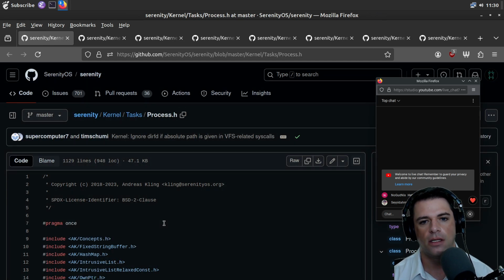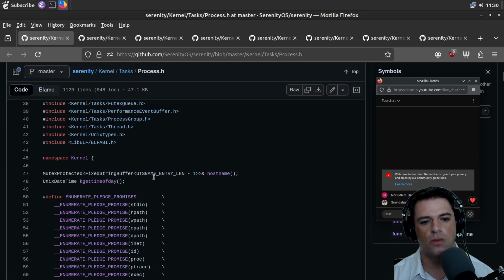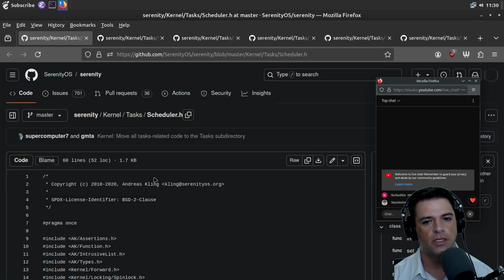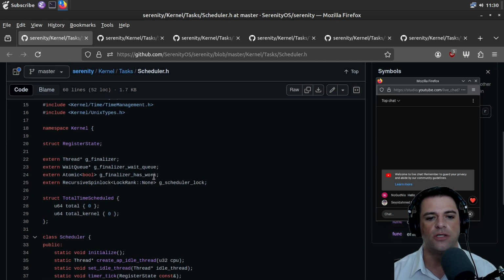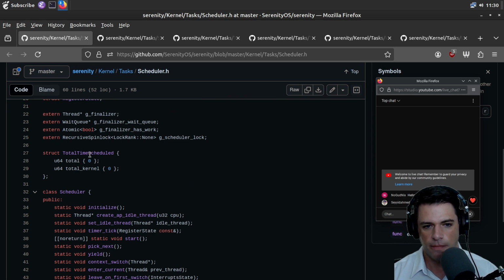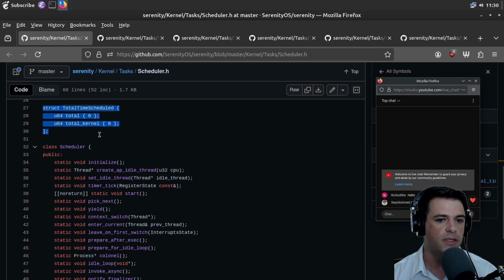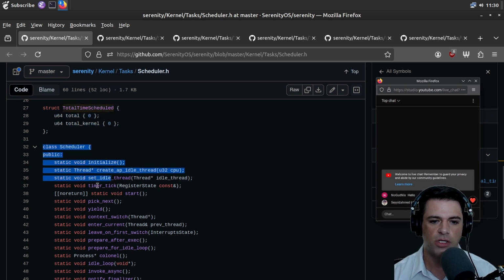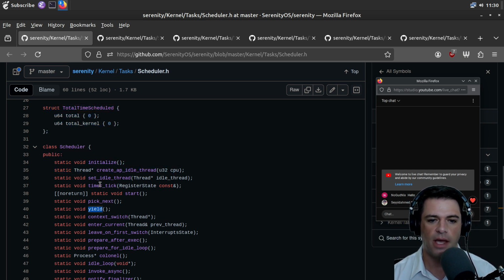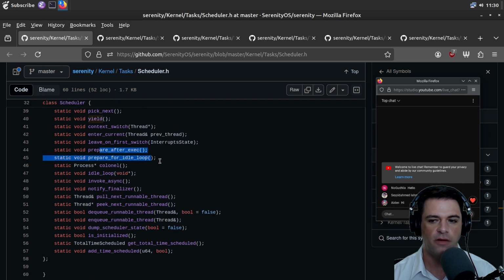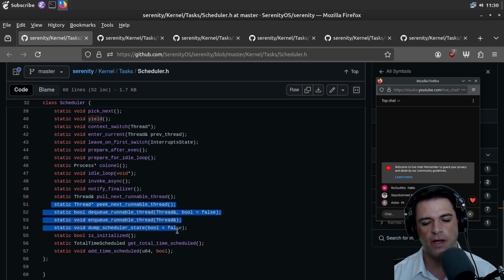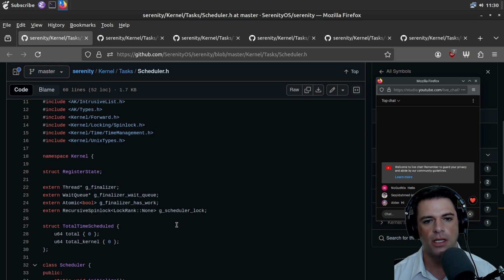Okay. Here's task process. I'm just gonna kind of go through this. I'm curious about scheduling. We have total time scheduled. This is just keeping track of the total time scheduled. We have a scheduler, which has things like yield, pick next, timer tick, prepare for idle loop, DQ runnable thread, dump scheduler state, add time schedule.